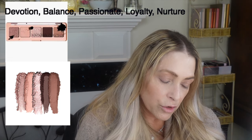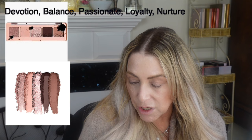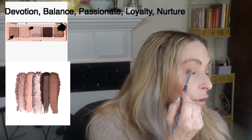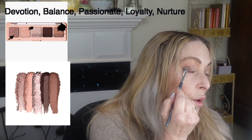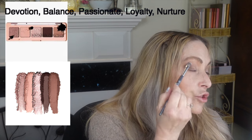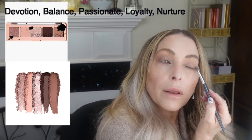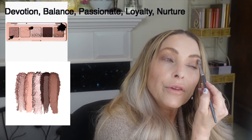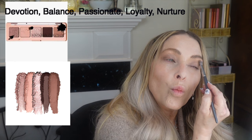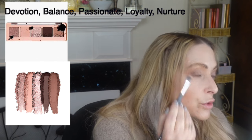I'm going to take a little bit of her favorite shade, which is Nurture, and I'm taking this on a BK A501, and I'm just going to start to build out my up and out shape with this lighter color that's not the deepest shade, but it's definitely deeper than, or warmer even than what I already put on. It's funny, I thought this was such a cool tone palette, and yes, it's going on cooler,